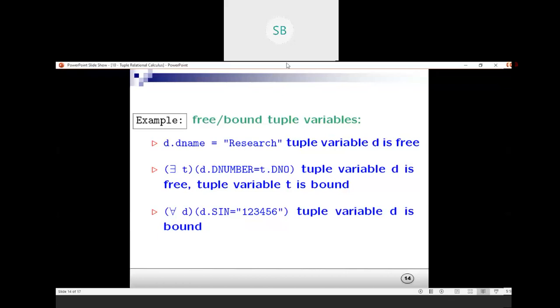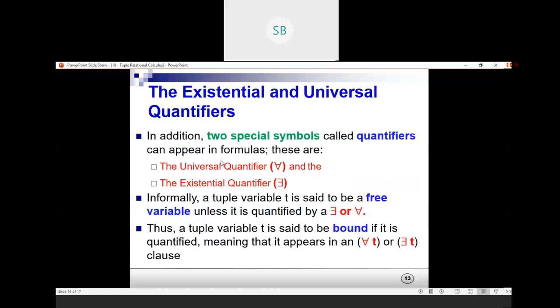Only these quantifiers, or these bound variables, or the safe and unsafe expression also? No, ma'am, quantifiers. Okay. In tuple relational calculus, we have two types of quantifiers. One is known as the universal quantifier and the other is known as the existential quantifier. I think in mathematics we have studied these quantifiers, in calculus I guess, I don't remember exactly. We use this symbol, which is known as for all, if it involves everything, and this one is known as there exists.